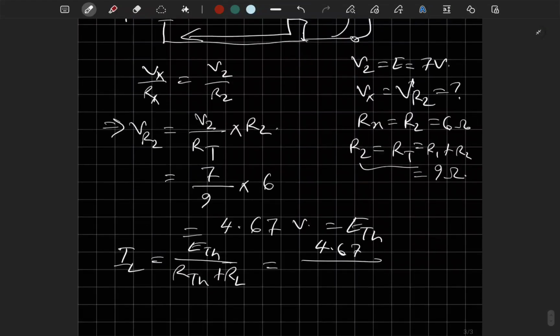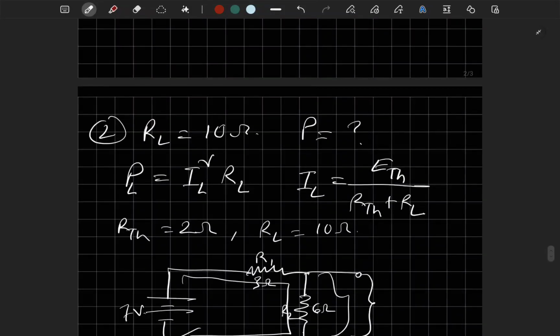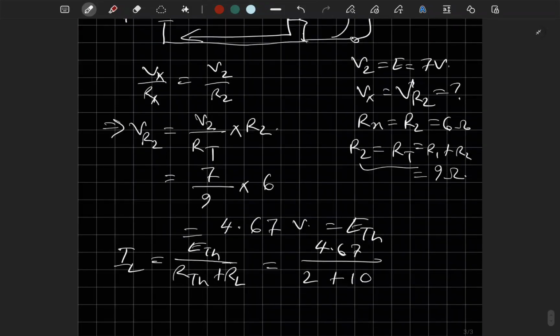Here, 2 ohms. RTH is 2 ohms, plus load resistance is given at 10 ohms. So calculating that, we have 2 plus 10, which is 0.39